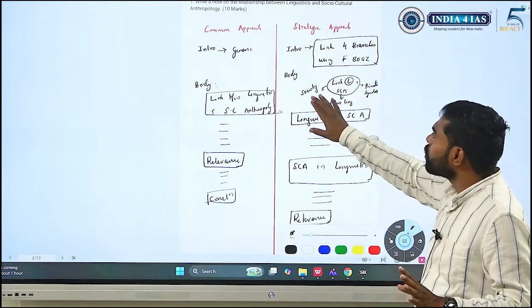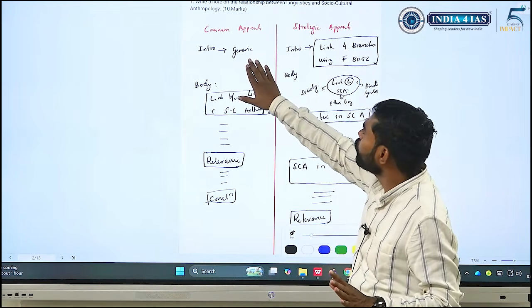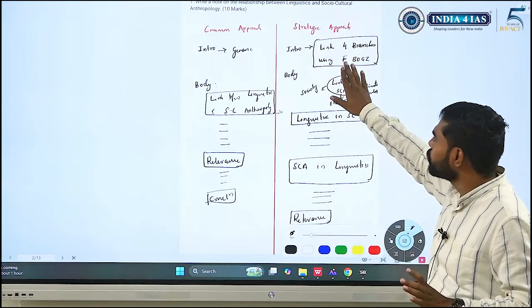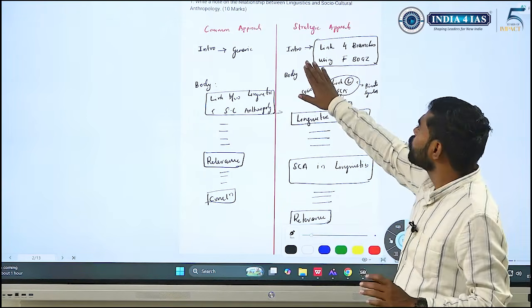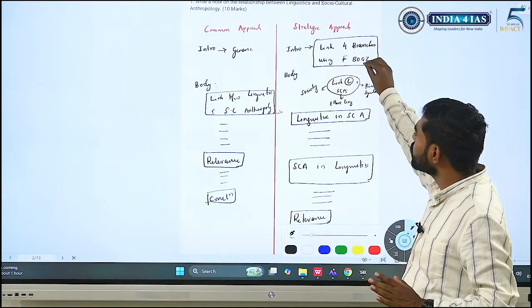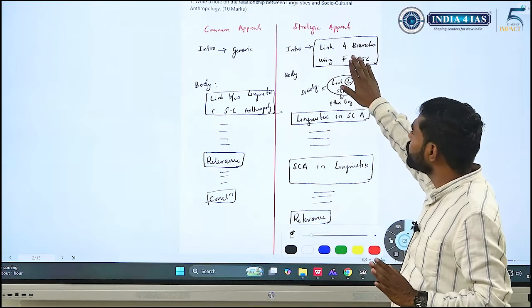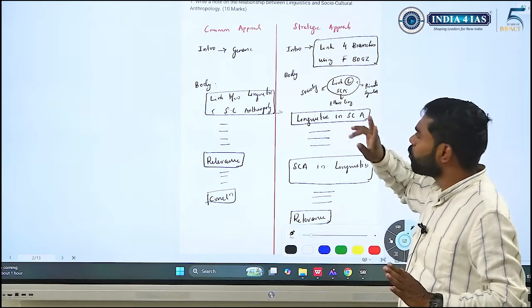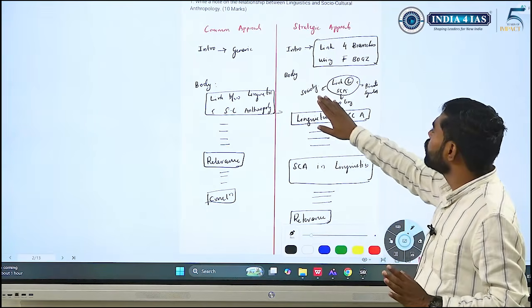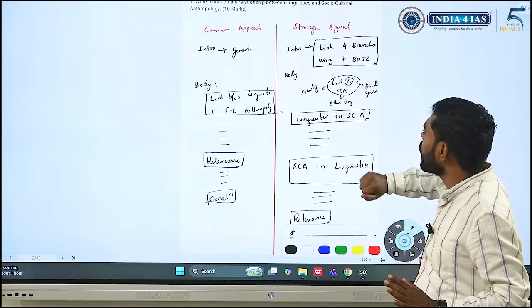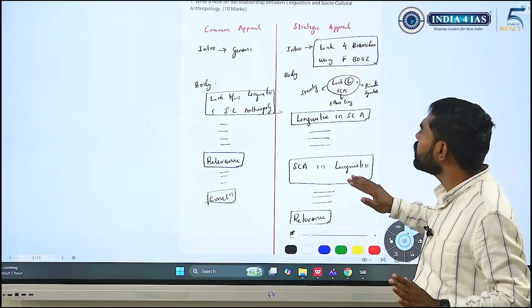Okay, so what change did I make? This is the change between the 240, 250 and 300 marks. All right, so this is the only change that I made, not too much of value addition. So introduction I used to write using one scholar. I'm trying to use Franz Boas because both of the branches are a couple of the 2 main branches of the 4 major fields. So in the body I'm adding other dimensions. I'm simply writing how linguistics and sociocultural anthropology are linked.